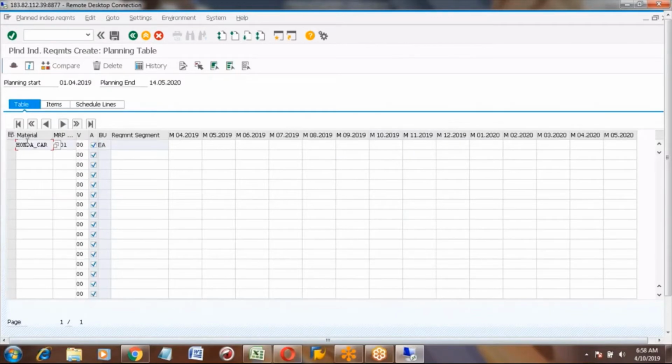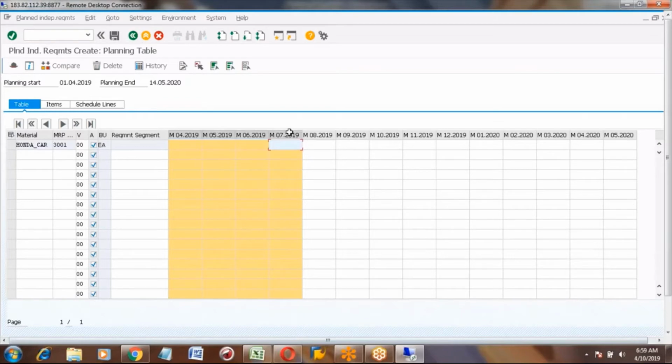Okay, so here you can see your material and your plant, and here the table columns have come month wise, and based on the planning horizon, it will show you the data here. So 5, 6, 7 up to next year March, next year May. Okay.